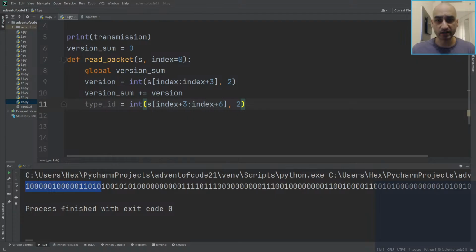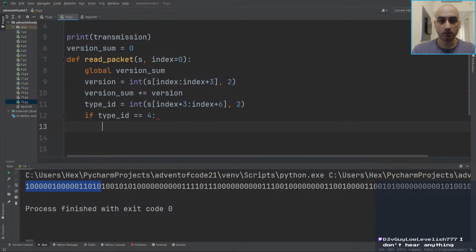So if it's a literal value, that's the easier one to compute. In fact, for now, if it's a literal value, we just end the function because we don't do anything other than read the version sums. So if type ID is 4,